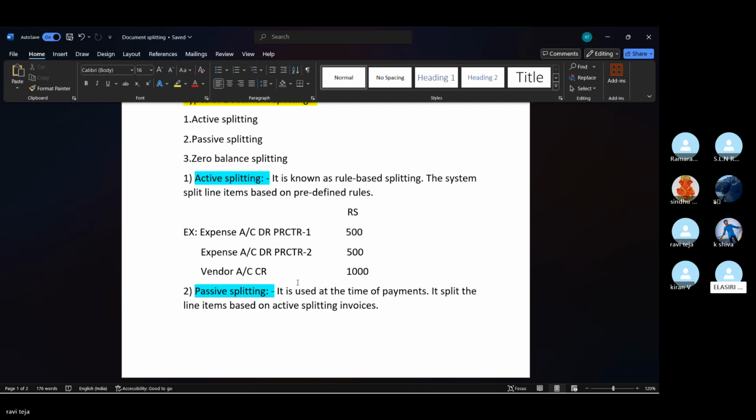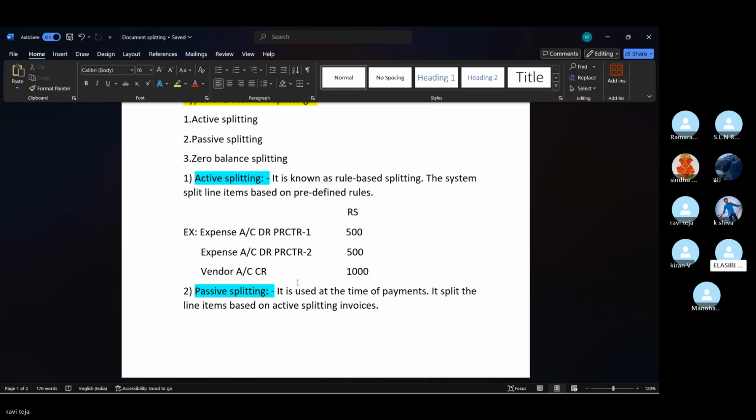So document splitting. The first one is active splitting. My transaction that is posted has to be bifurcated based on my profit center, giving another entry by splitting the transaction. The same transaction line item will be split profit center-wise, and I will get the update. Why is it required normally?